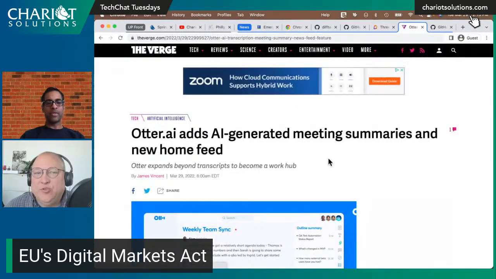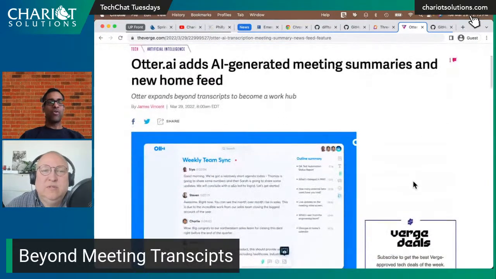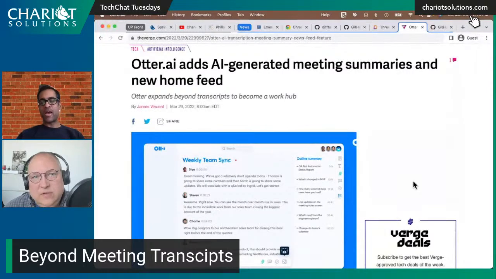Otter.ai, which is a really interesting AI transcription tool. Yeah. So what is it doing now? For folks that don't know about Otter.ai, it's been around for maybe a couple of years now, and you can use it to basically transcribe audio, meeting audio, namely. You can have it running, and it can listen in on your conversation and transcribe it in real time. And it does a pretty decent job of the transcription.